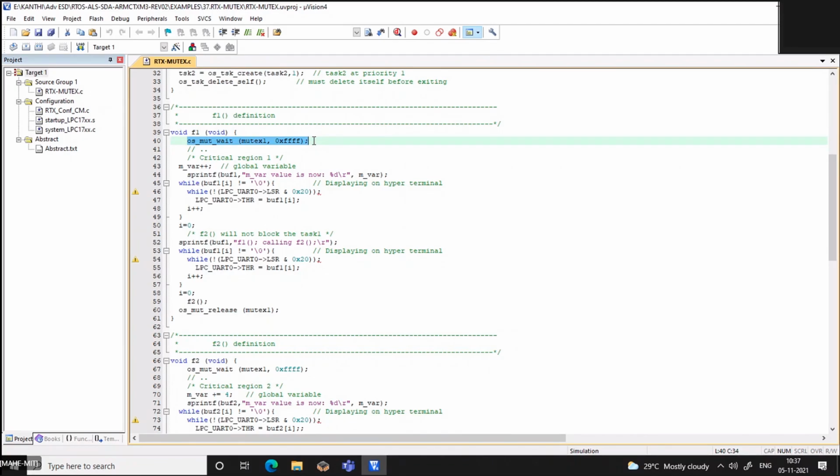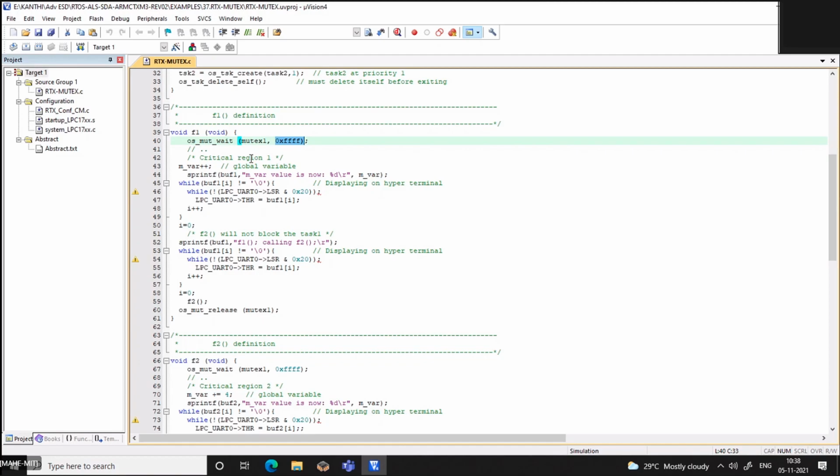Whenever you opt for the mutex, you put the mutex wait. Whenever this function is executed, it checks the availability of the key, the mutex, and it waits for a finite duration. This is the timeout period which is defined, and if the mutex is available, it will enter into the critical section.